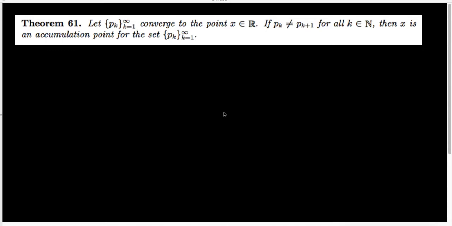In this video, we're going to prove the theorem that is in front of you. In our previous video, we analyzed the statement of this theorem very carefully, and in particular, we looked at both of the hypotheses and figured out what they meant in terms of this particular theorem. So now it's time to actually turn our attention to the proof. And I'm going to do a proof by contradiction.